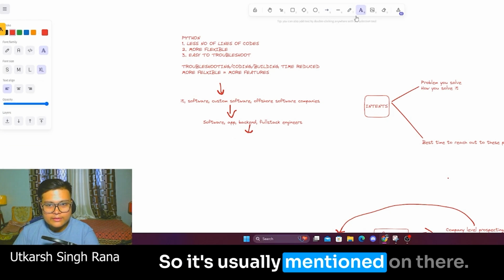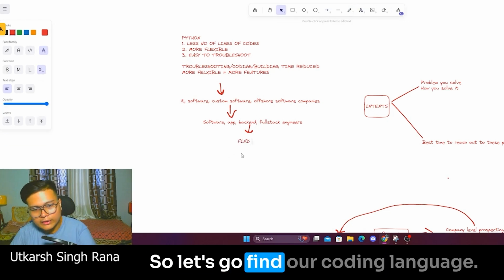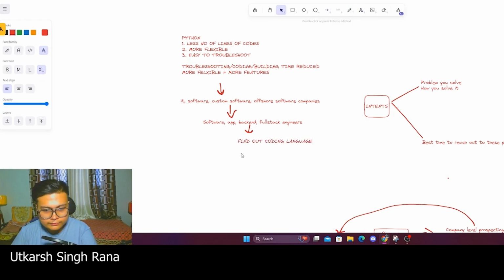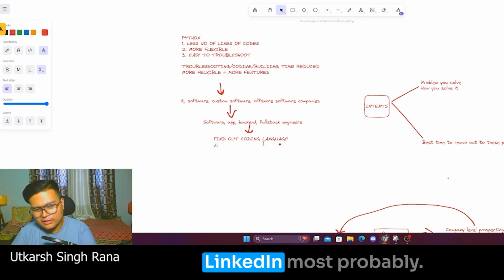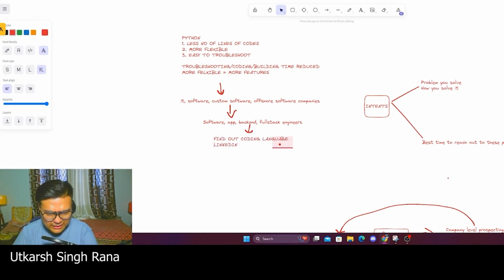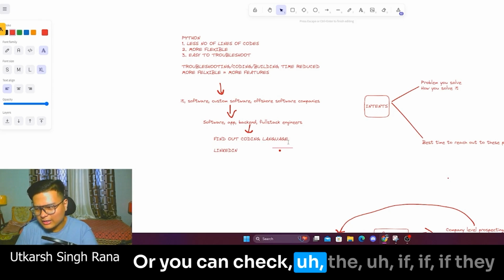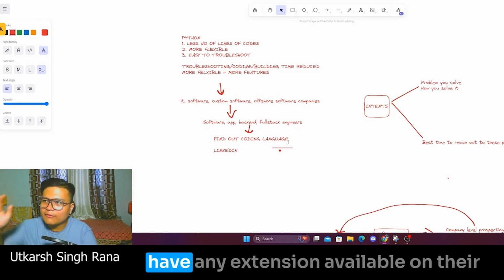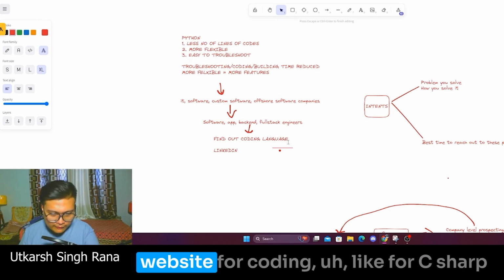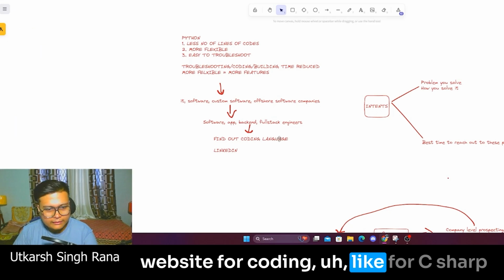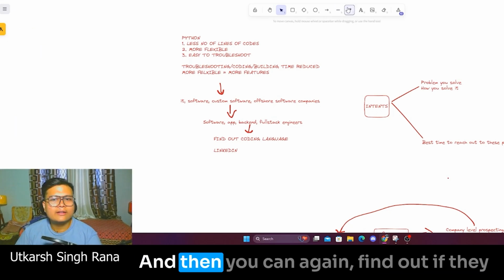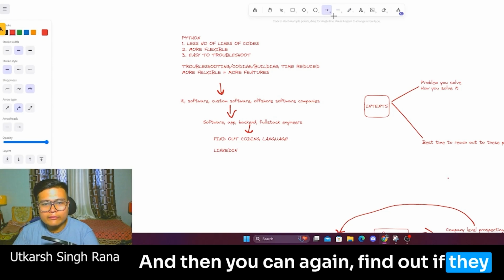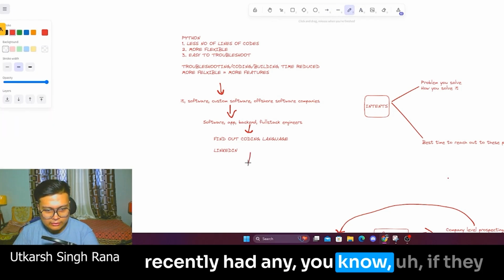It's usually mentioned on there. To find out the coding language, you can do that on LinkedIn most probably, right? Or you can check if they have any extension available on their website for coding, like for C# and stuff like that. You can find out which coding language they are using, and then you can again find out if they recently had any